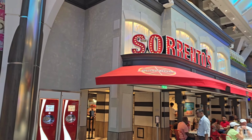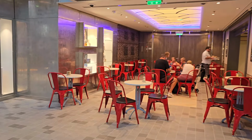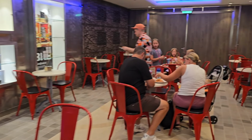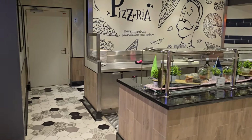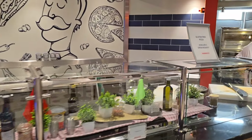Sorrento's, Deck 5, Royal Promenade. Hours, lunch and dinner, typically 11 a.m. to 2 a.m. This pizzeria serves freshly made pizzas with various toppings, perfect for a quick meal. It's one of the most popular casual dining spots on board. Sorrento's is famous for its late-night pizza, making it a favorite spot for passengers after an evening of shows or